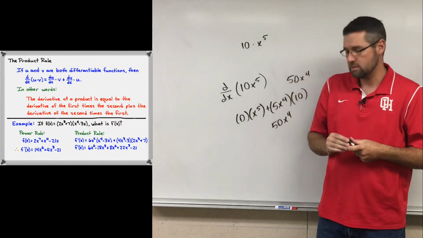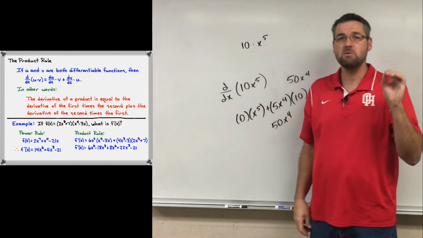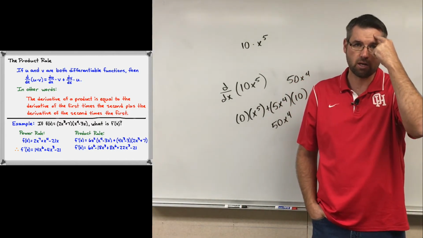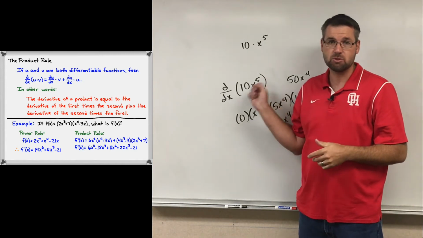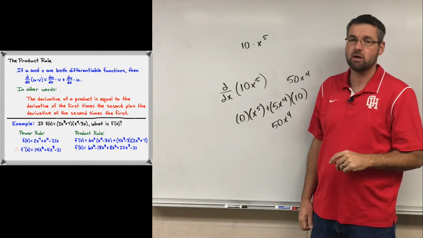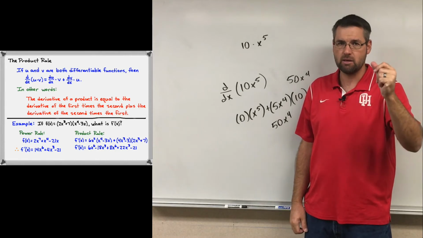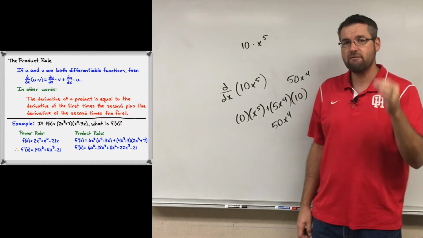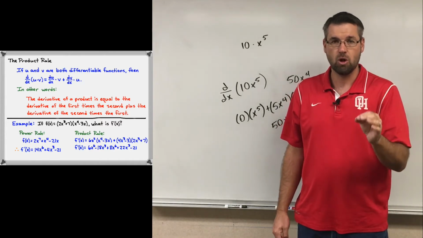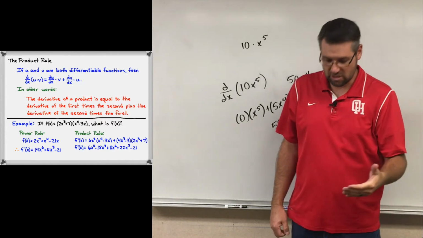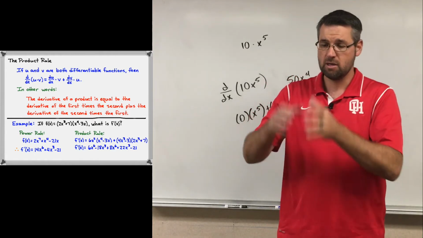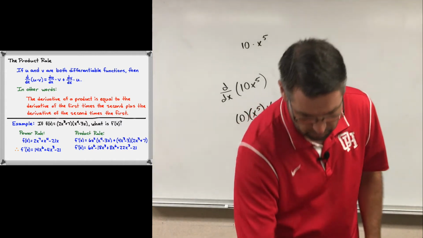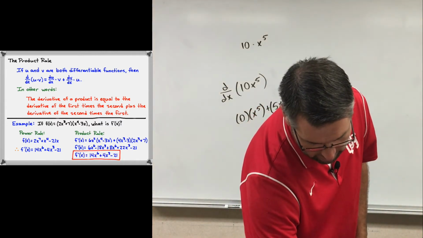My point is, any time you see multiplication, you should be thinking product rule. Now here, yes, we do see multiplication. You don't have to use the product rule here, but it should pop up in your brain, at least for a very long time, that the product rule is an option. You never want to forget the product rule or the fact that you can use it, because students just fall into the trap of taking the derivative of the first thing, multiplying it by the derivative of the second thing. No, no, no. Okay? All right,